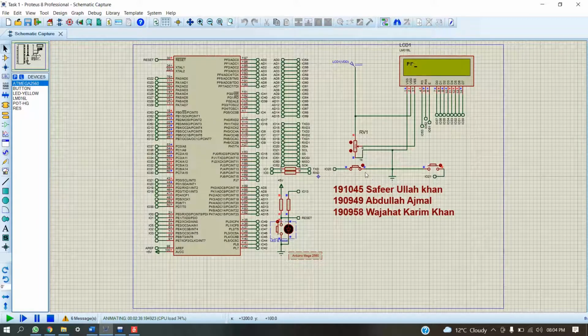So as the button that we press, it will tell us which button has been pressed. So we have pressed this button.